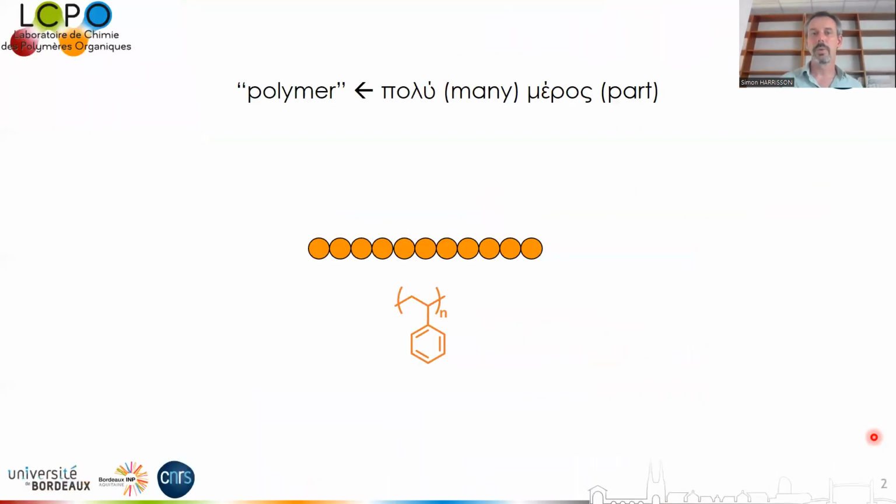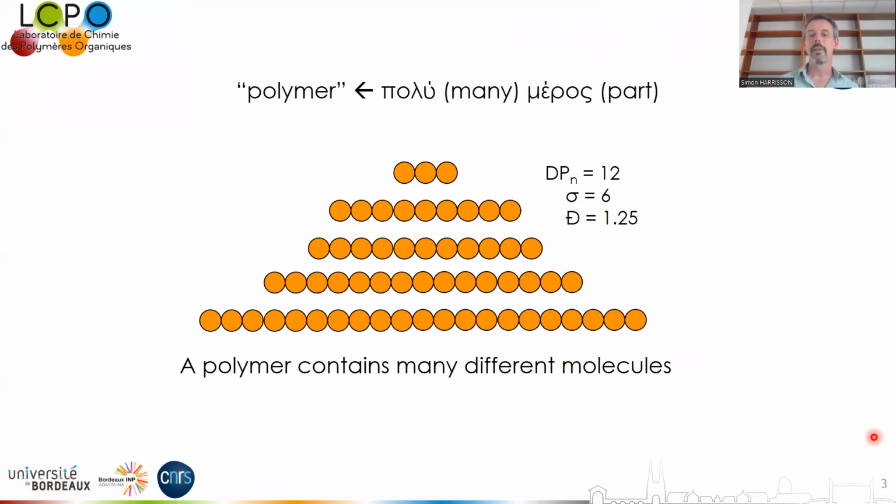Now, the word polymer comes from the Greek words poly, meaning many, and meros, meaning parts, as we all learned in our undergraduate polymerization lectures. And this is because a polymer consists of many repeating units. But we could also think of these many parts as being the many different molecules that make up a synthetic polymer. Because a synthetic polymer, in virtually all cases, is composed of many, many different molecules, which all have different